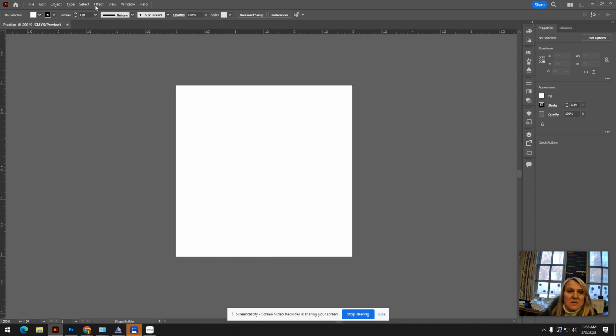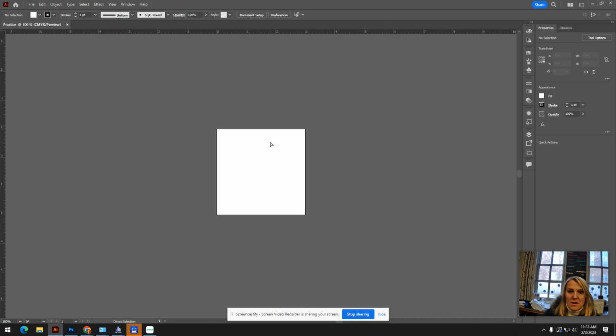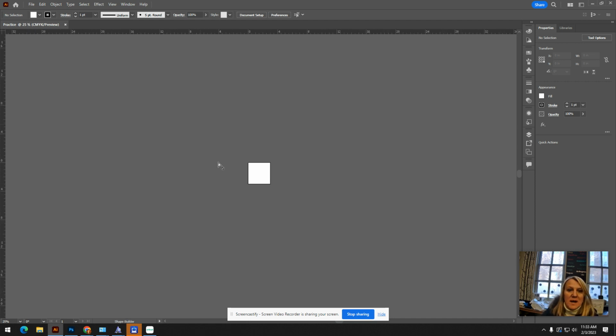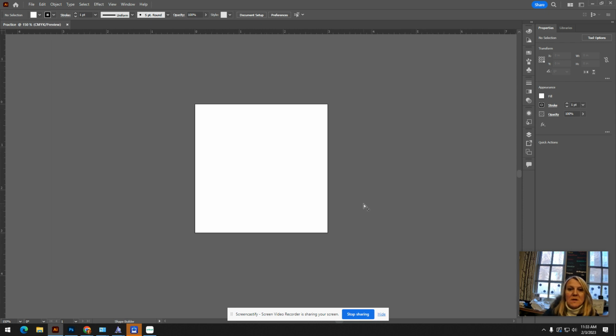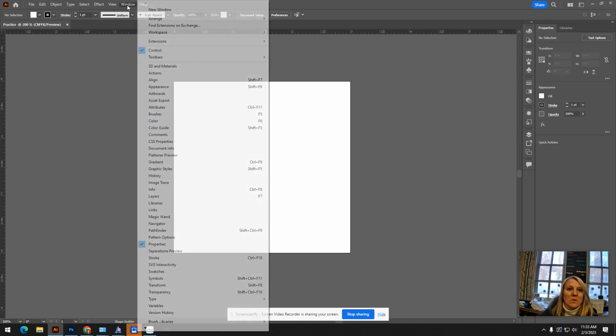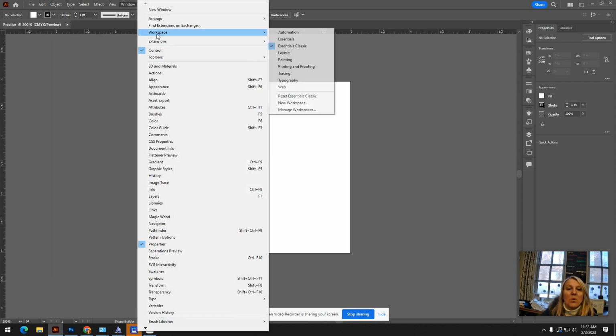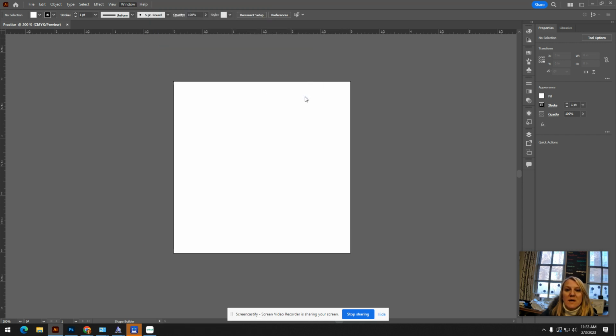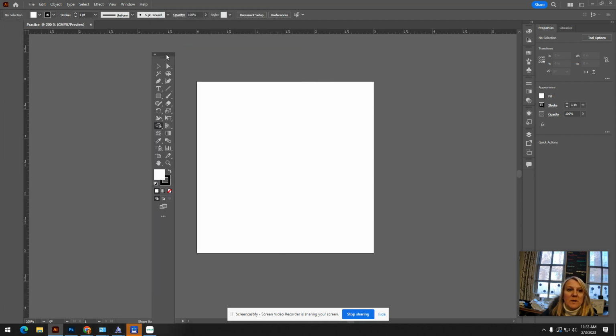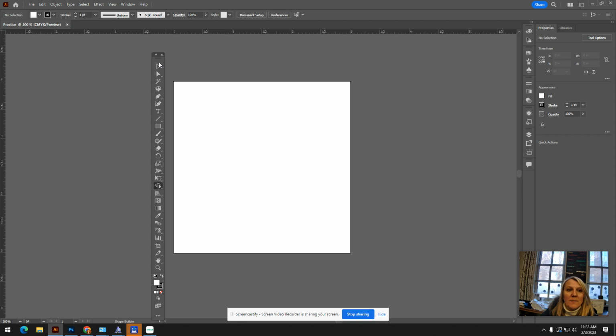So if I accidentally delete my toolbar, all right, and I really zoom out and I realize it's not over here in left field, and I really did accidentally delete it, Window, workspace, and then reset it, and then grab your toolbar, and there you go. Okay, so that's just a quick little intro to what we will be really using for the first couple of days, possibly weeks of